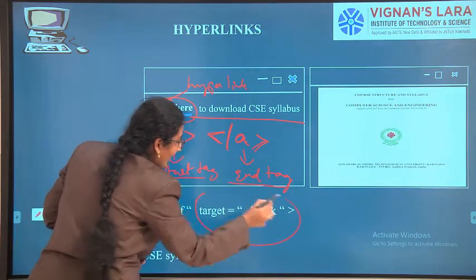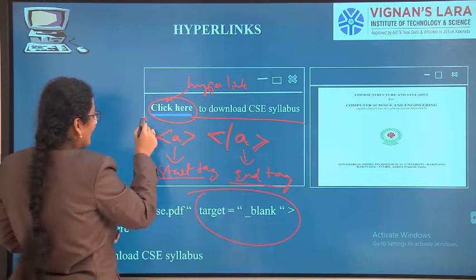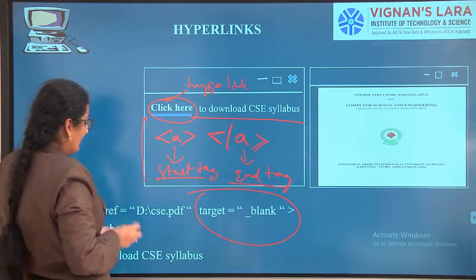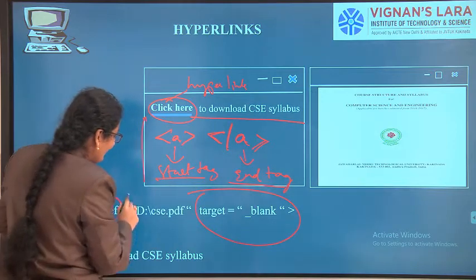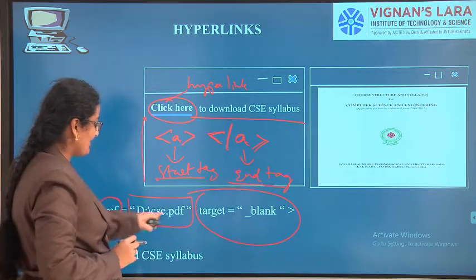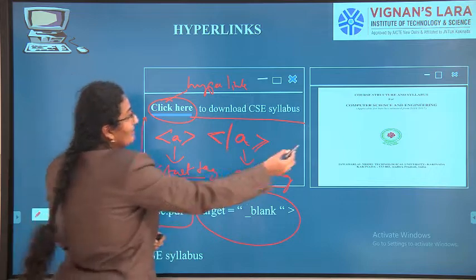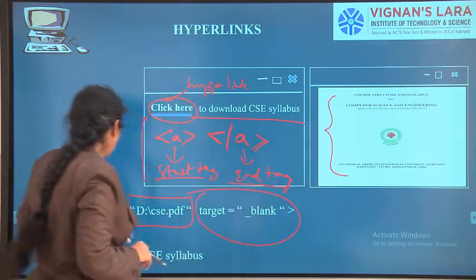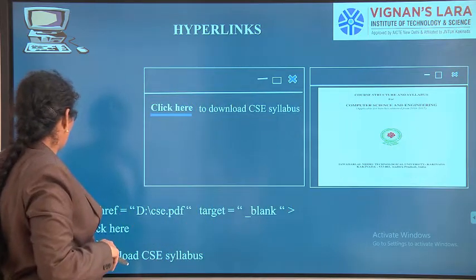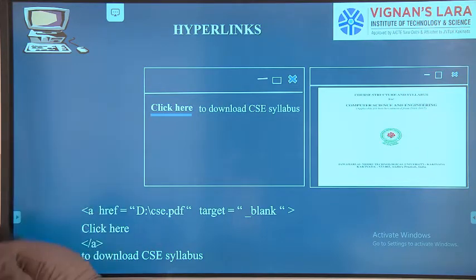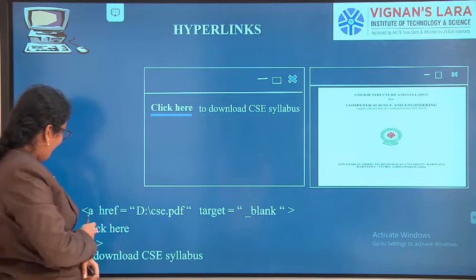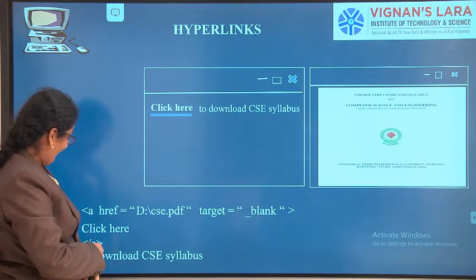I have given the target as blank. So first the browser will display a blank page. But I have given the hyperlink, meaning I have given the source. That is, in D drive I have the CSC PDF syllabus. So it will download the CSC syllabus, you can see here. See, I have given anchor tag open and close.